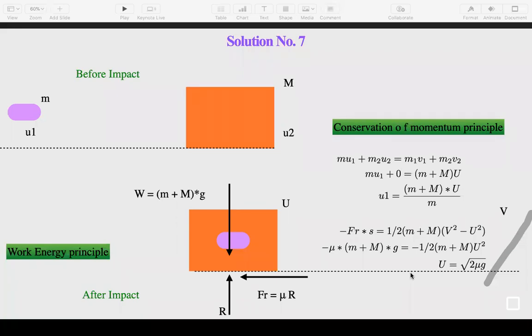Sometimes they are going to ask the question in terms of a numerical value, sometimes in terms of these symbols. So you are required to solve this problem accordingly, but the theorem is not different. Just the nomenclatures are different here. If anybody is having any doubt related to this question, you can ask me.